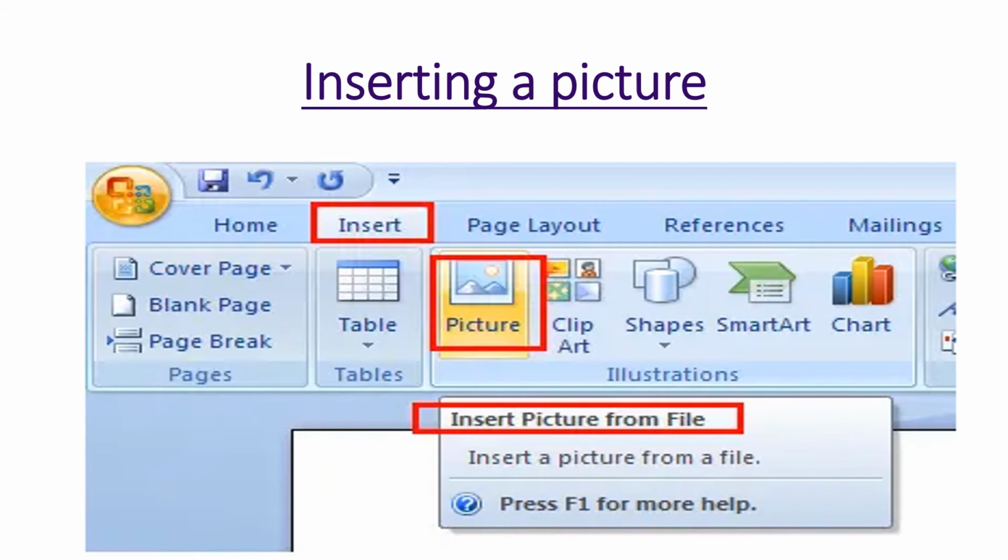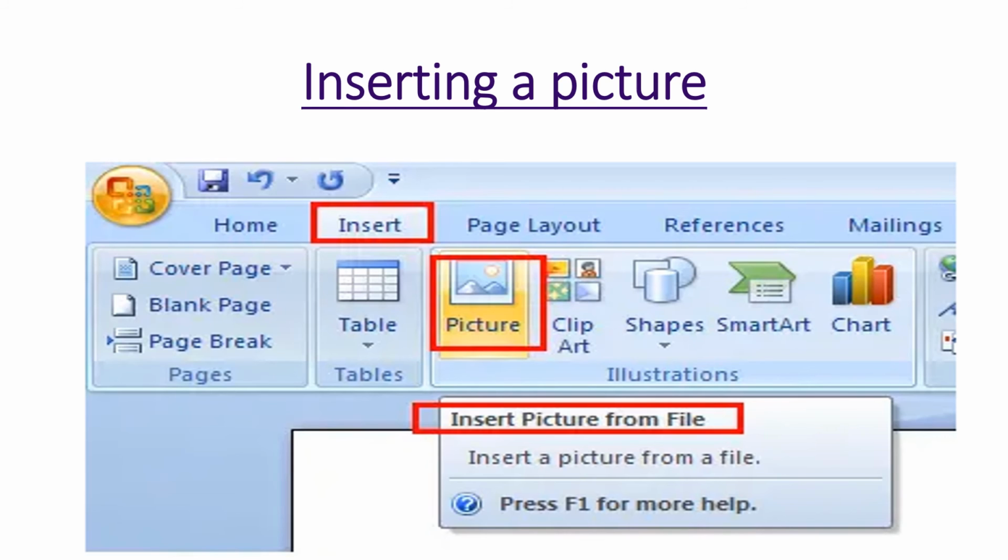Then locate the image file on your PC or storage system, go there and select the image you want to insert. After selecting the image, you click the insert button and your image will be inserted in the place where you want it.